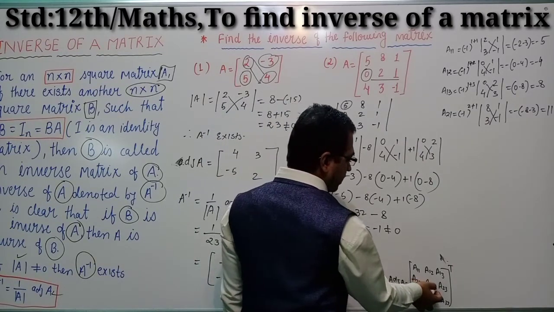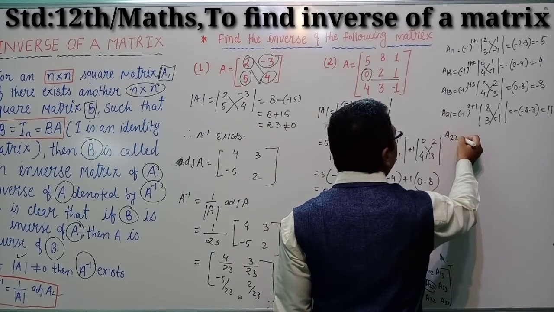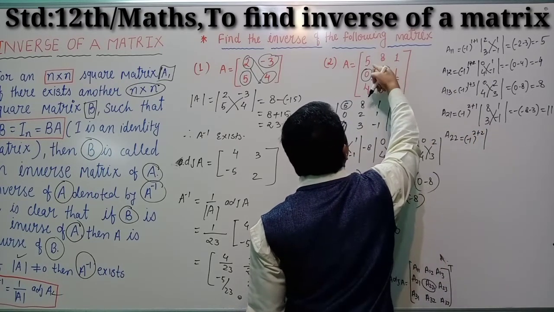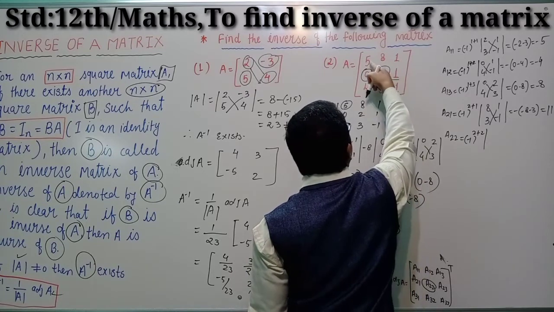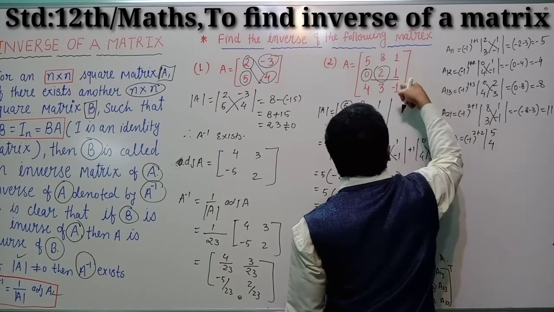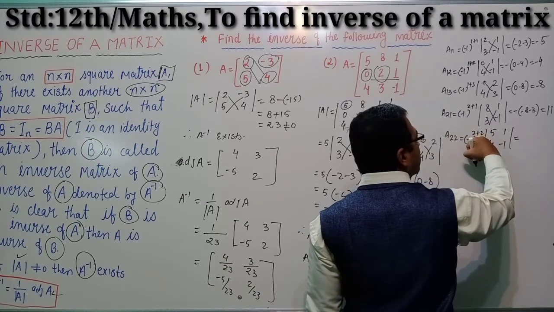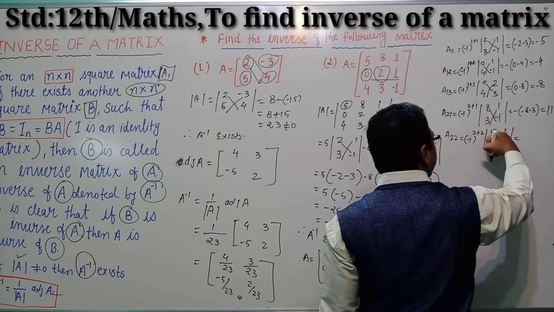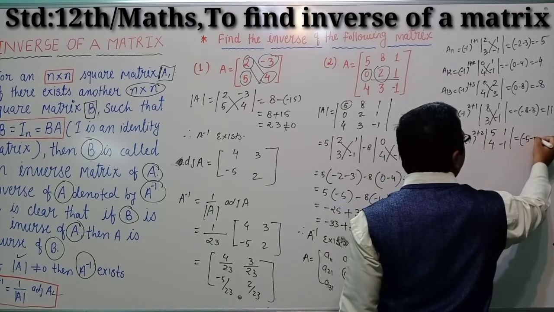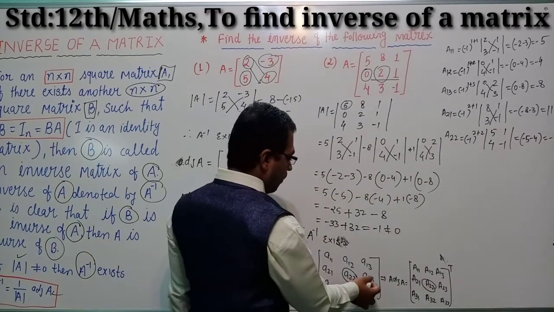The cofactor of A22 is capital A22. So capital A22 means minus 1 is to the power 2 plus 2. So cofactor of this, so do not write these element and these elements. So 5, 4, 1, minus 1. So minus 1 is to the power 4 means positive integer. So minus 1 multiplied by 5, minus 5 into minus 1, so minus 5 minus 4, minus 9. Okay. Now cofactor of A23.